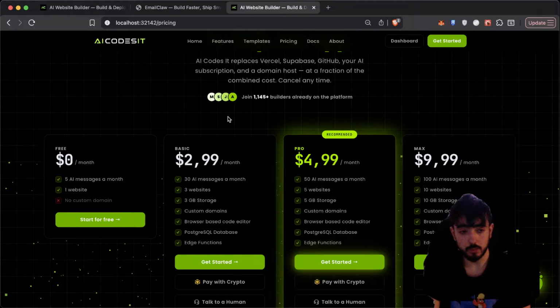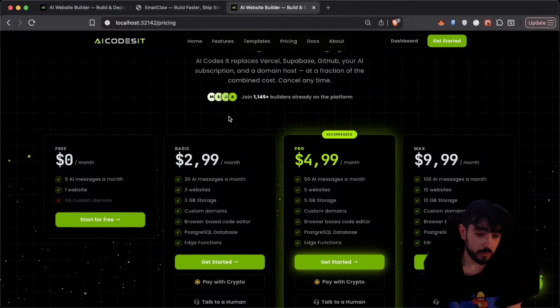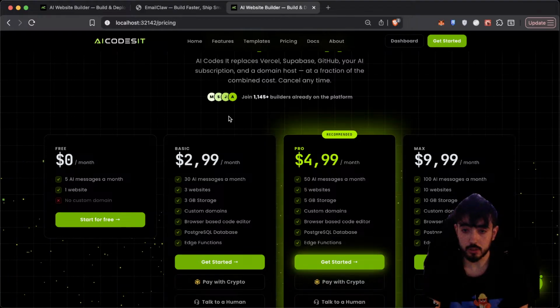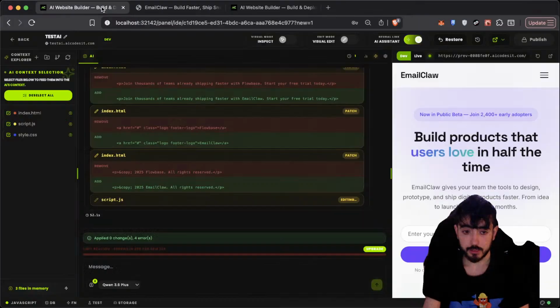Access to free models. So the free models, what should they do? There are some models that are free, guys. They are here.